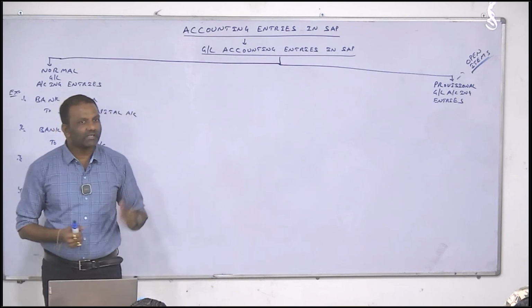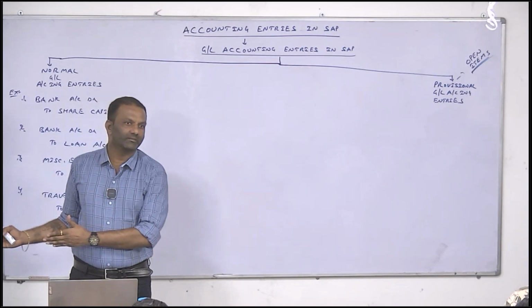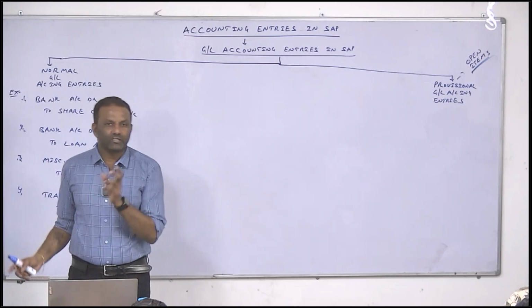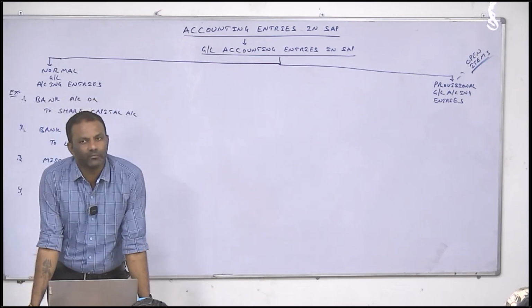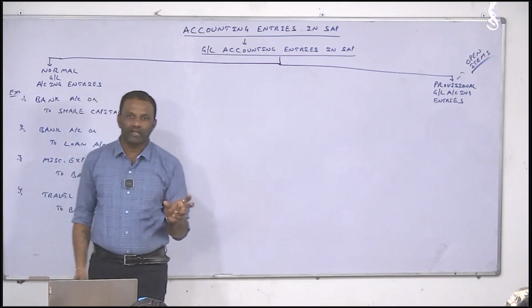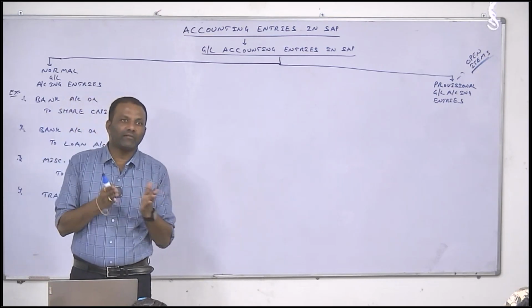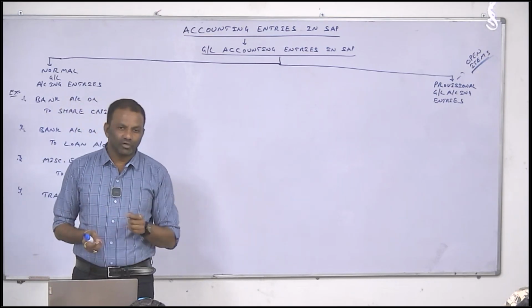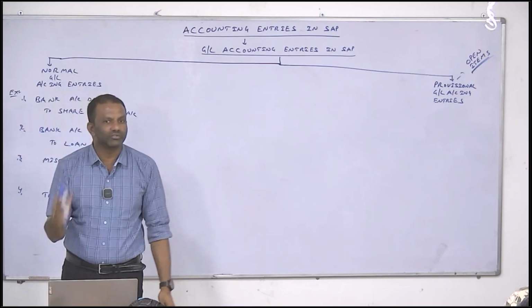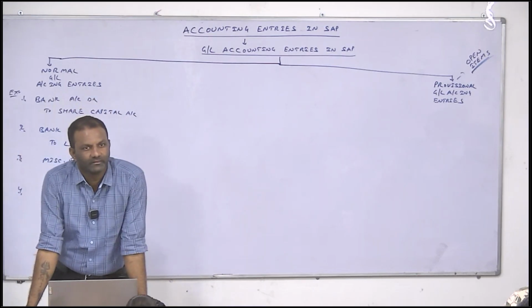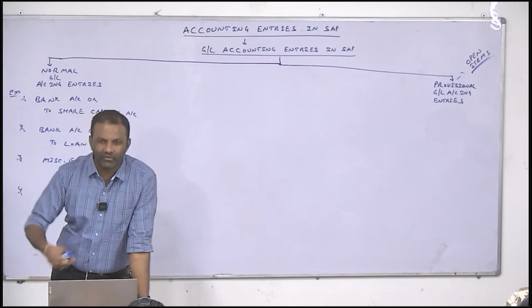Now tell me, last month's expenditure I should treat as last month's expenditure, but I am paying rent in the current month. I should show that expenditure in last month, but I am paying in the current month. In that case, what will I do? I will create a provision for last month. Whenever I pay, only then will I make it an expenditure. So now, what accounting entry will I post in last month's books to close the books and prepare the financial statement for rent?